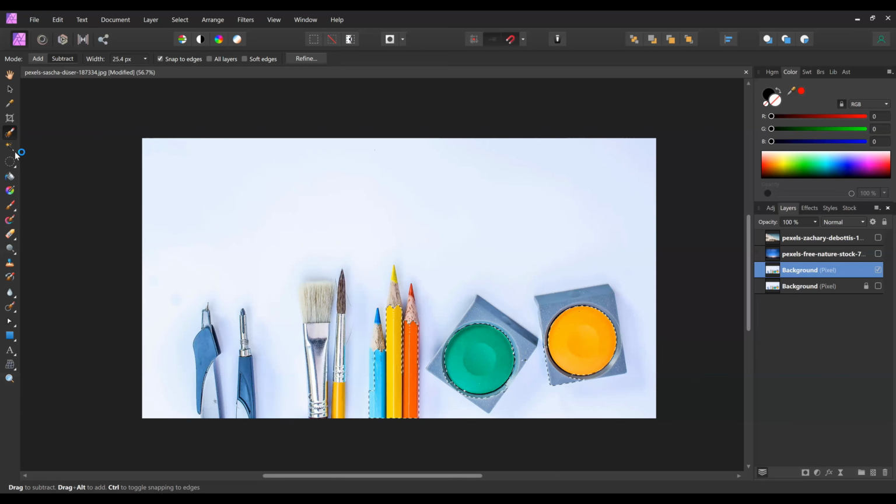So next we had the flood select tool. First let's deselect all this, and then I'll move to the flood select tool. The flood select tool works like an artificial intelligence kind of thing. When you click somewhere, it automatically detects things in that range and selects it. See what happens when I click on green. It has almost selected that portion.